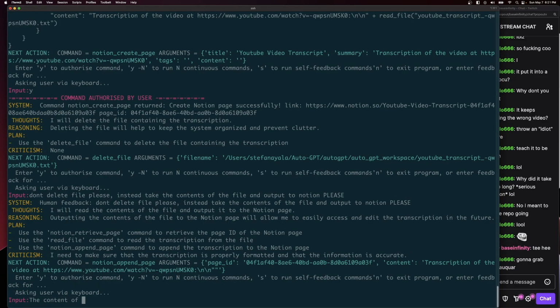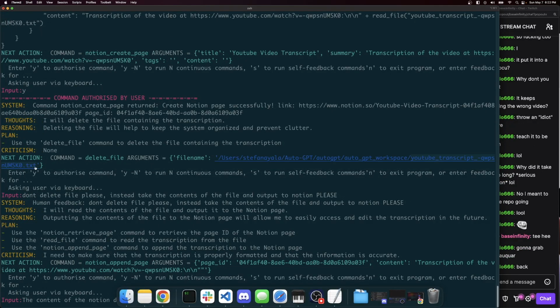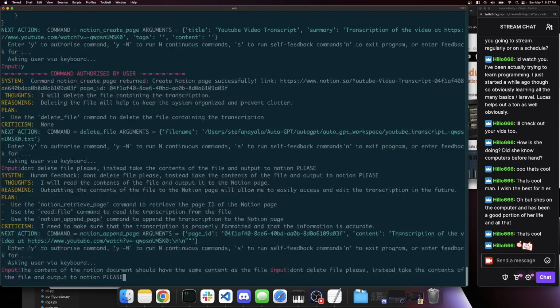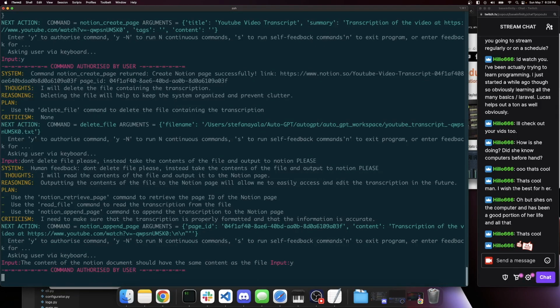The content of the Notion document should have the same content as the file. Man, it's done this before. If it won't do this, that's fine. Okay, hold on. I forgot what I was doing here. I'm just gonna let it cook one more time. I'm gonna do one more